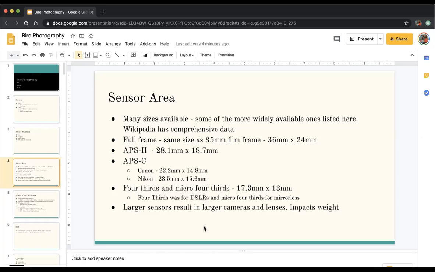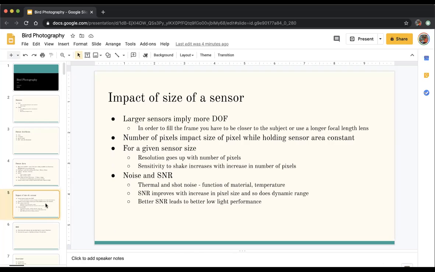So typically with full frame versus APS-C, and I'm not going to go into mirrorless per se over here, but that's a slightly different dimension, it will show up as weight. And then the other main piece on sensors is